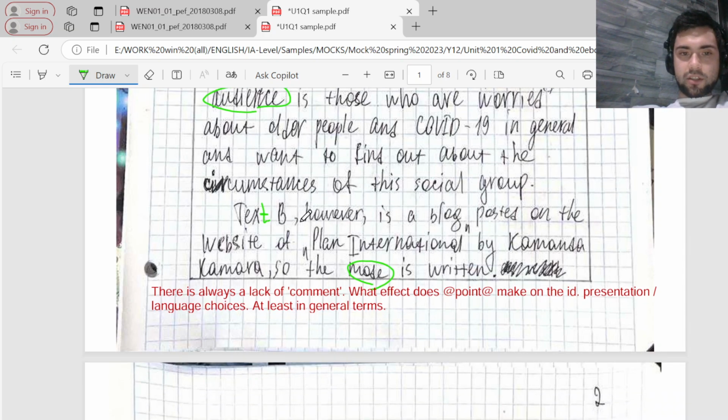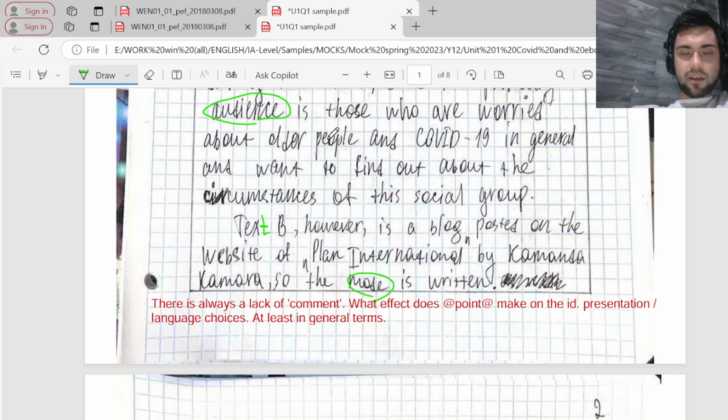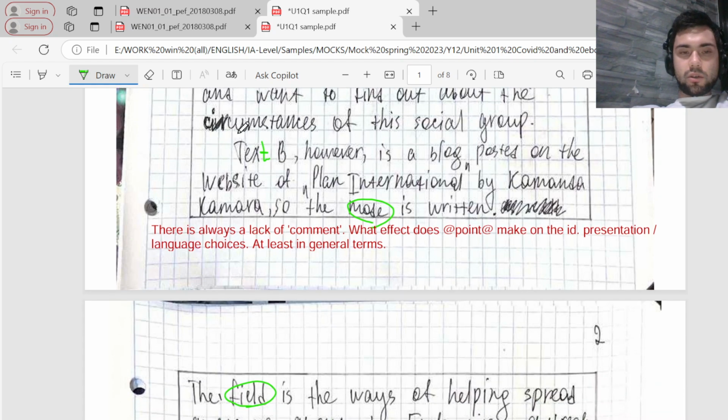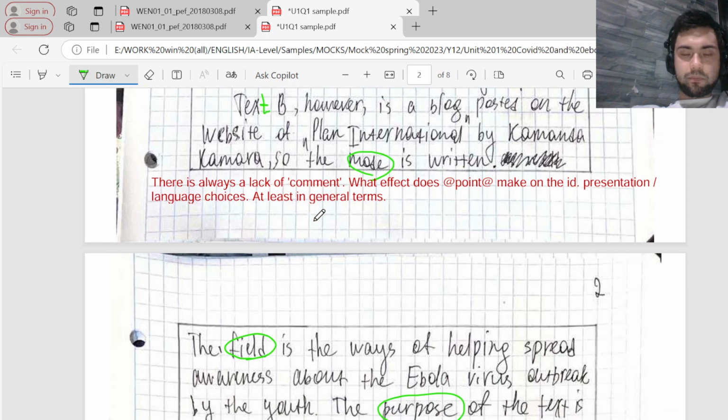and we're jumping to text B because everything above is spoken about text A. So speaking of text B, I believe that it is the same strategy, it is the same plan. You just present the contextual factors. So that is why my comment here is that there is a lack of that comment part, if you remember